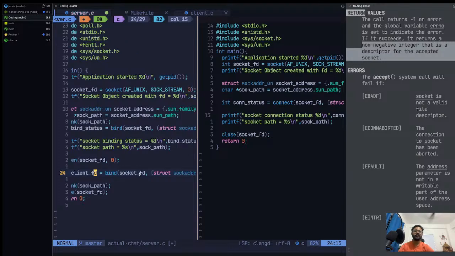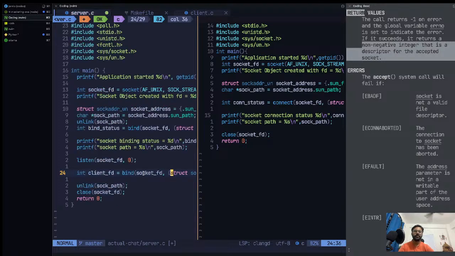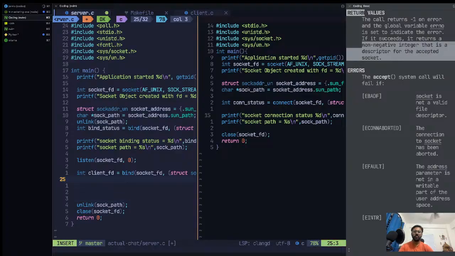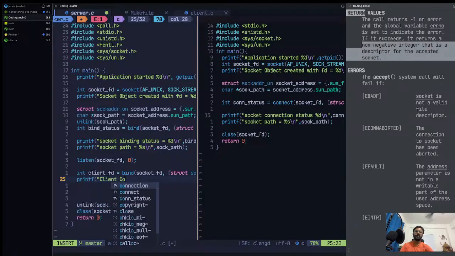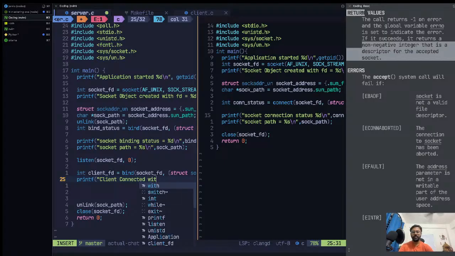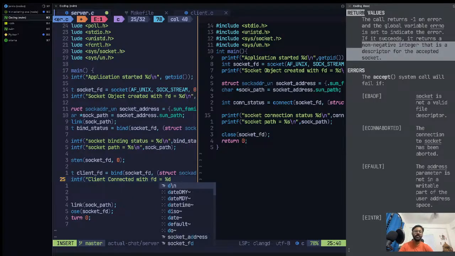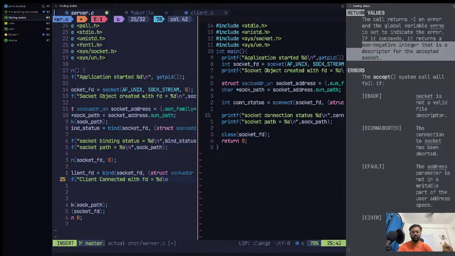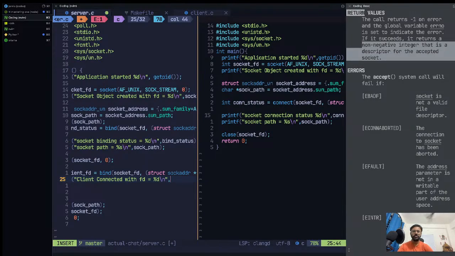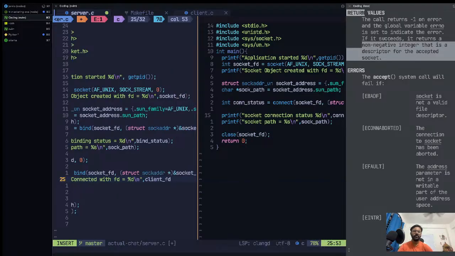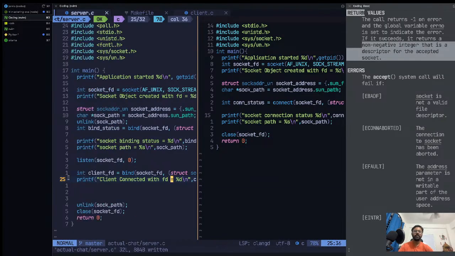The client file descriptor, and then I can just enter "connected with fd is equal to" and print the processing client fd, and then